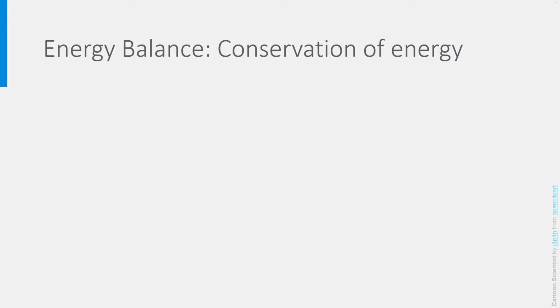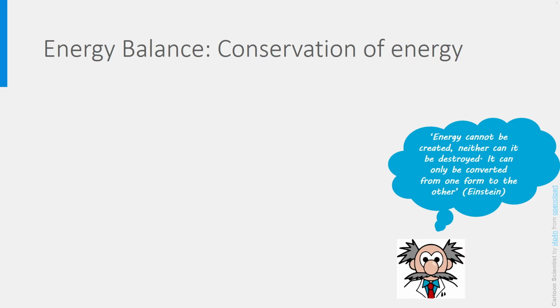We are going to make a balance of these four transfer processes in order to find out if the air in the building needs heat or cold to be at a nice temperature. We can make an energy balance because of the first law of thermodynamics, which is the law of conservation of energy. It states that energy cannot be created or destroyed, it can only be converted from one form to the other. In other words, it is conserved.